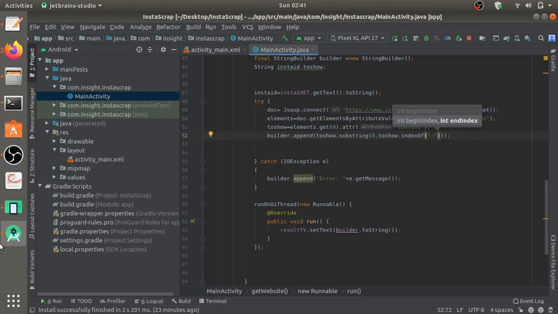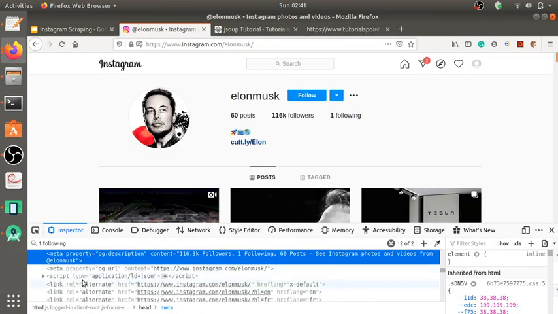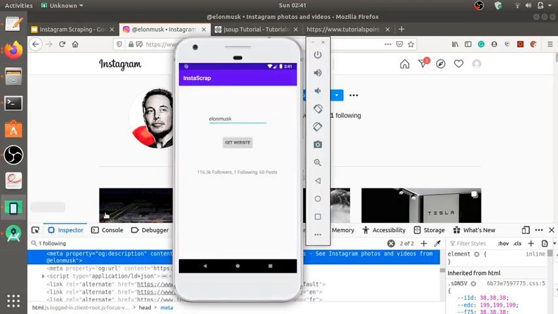Yeah, basically what I'm doing is I'm taking a substring, I mean the part of a string which starts from here till this hyphen symbol, right? I'm taking this part, this entire part only.